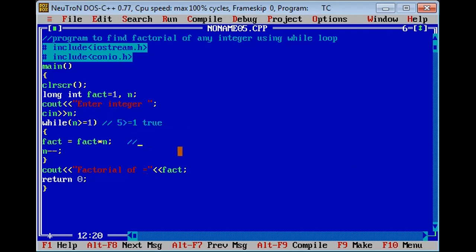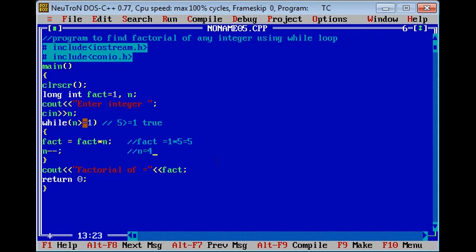That is, fact will be equal to the fact value 1, as it is initialized by 1, multiplied by the integer, that is 5, which is equal to 5. After execution of this statement, the integer n will be reduced by 1. So n is now equal to 4.